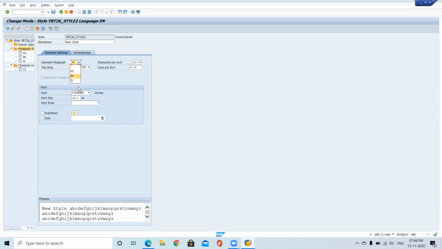Without creating, I tried giving H1, but I was not able to do it. First create a paragraph format; after creating, it should be available. If it is available, it will come here directly in the drop down, you can see that.